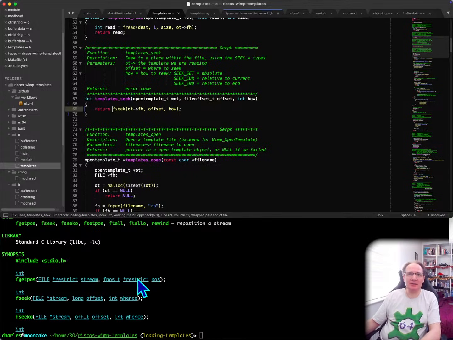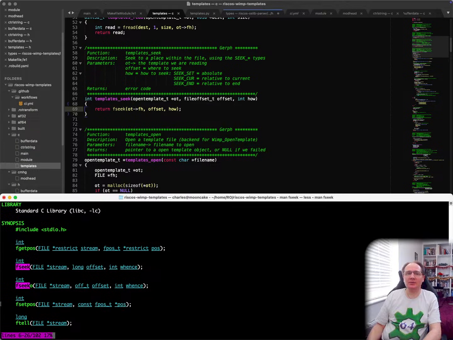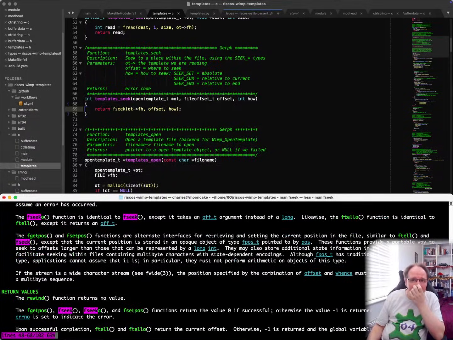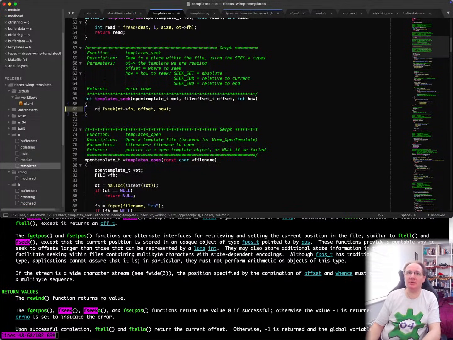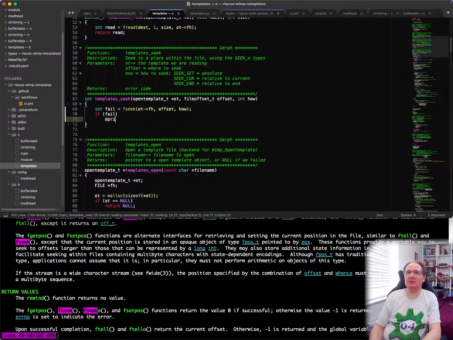Because fseek here returns an int, and I think that returns... where's return value? 0 if successful, -1 if it failed. Okay, so what we'll do is int fail equals that. If fail,